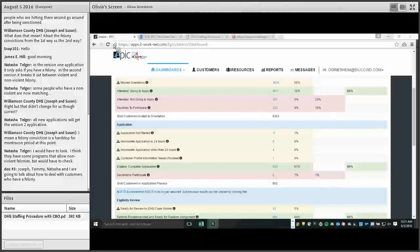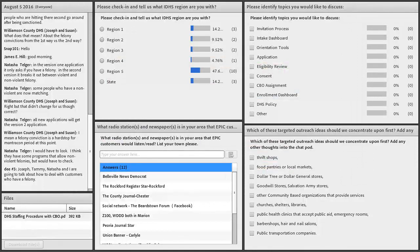One of the things that we want to know for outreach purposes is what are the comments that you're receiving in the field from people about why they are wanting to participate and why they are not wanting to participate. And we can address those issues when we're trying to do our outreach. We're looking for the why, not if they're on a waiver, not if they're medically unable, that's one thing, but if they're just saying, no, I don't want to do that. We just want to know some of those reasons. So if you could send some of those to